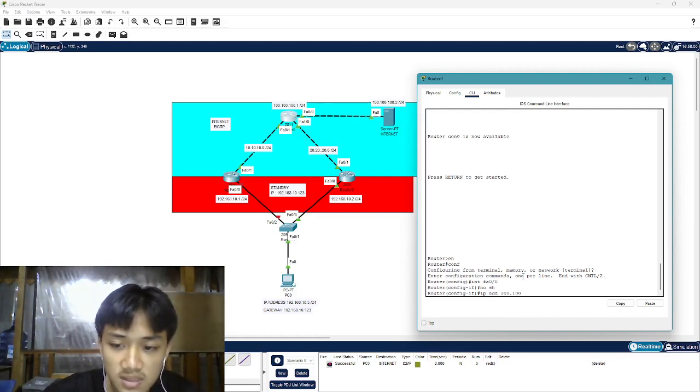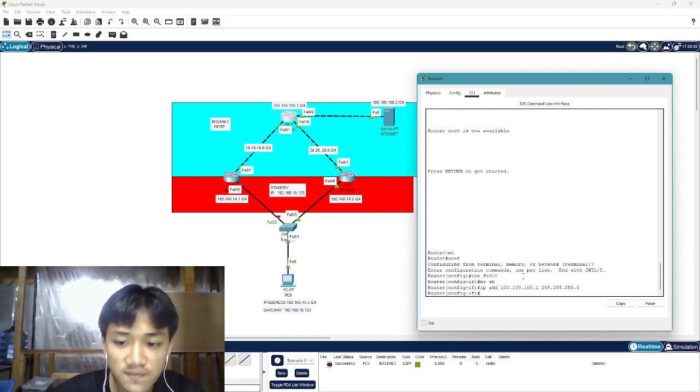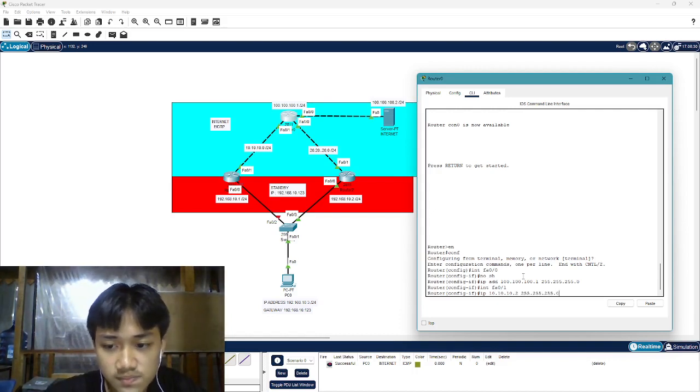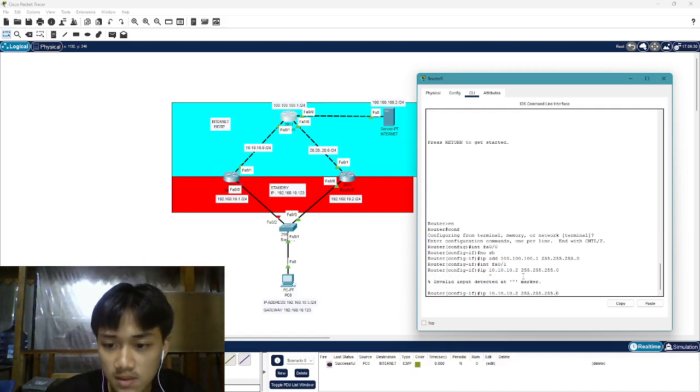It's gonna be 100, and also it's slash 24. And then we move to the other interface. It's connected with the left router, which will use IP 10.10.10.2 with slash 24. Okay,